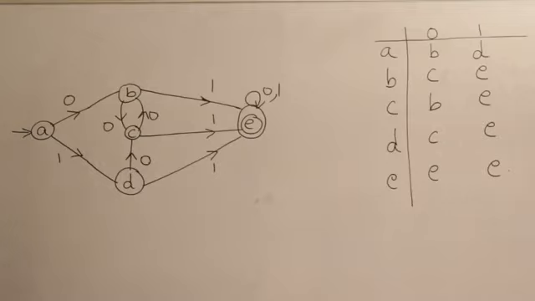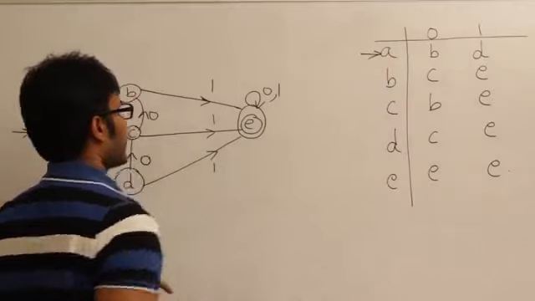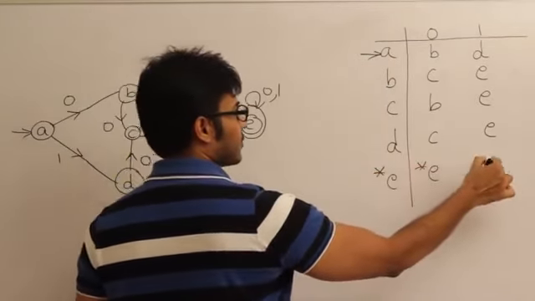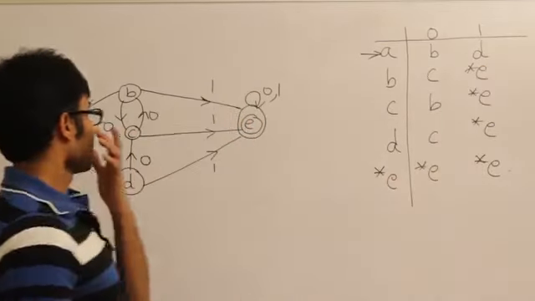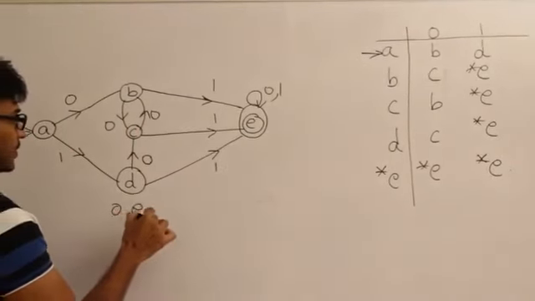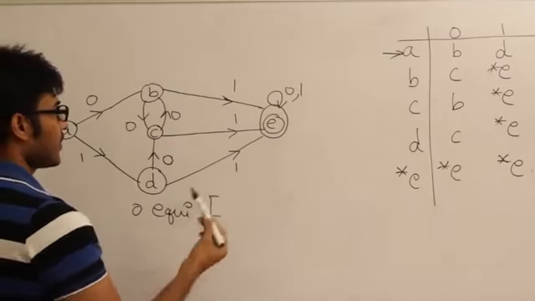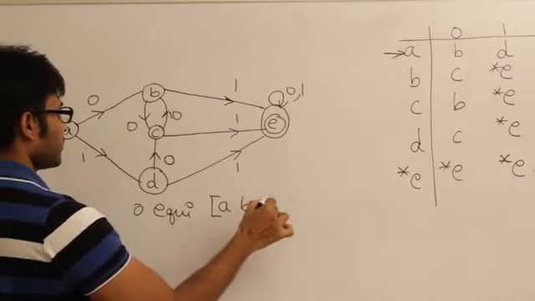Fine. And what is the final state? Initial state is A and final state is E. Okay, so let's write down the zero equivalence. Zero equivalence is the set of non-final states and final states. The set of non-final states are A, B, C, D, and the final state is E. And one equivalence